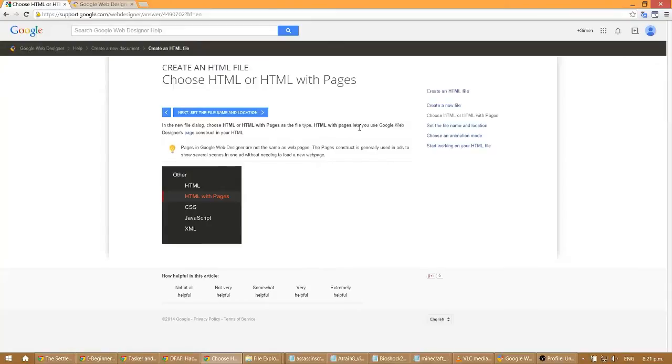HTML with pages lets you use Google Web Designer's page construct in your HTML. What does that mean? Pages in Google Web Designer are not the same as web pages. The pages construct is generally used in ads to show several scenes in one ad without needing to load a new web page. This might be useful for